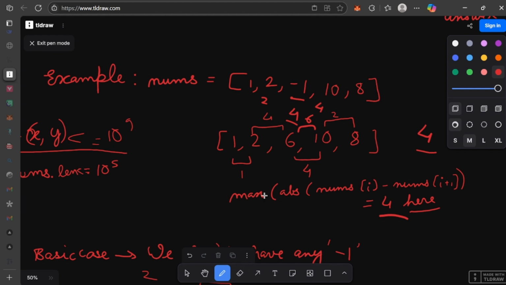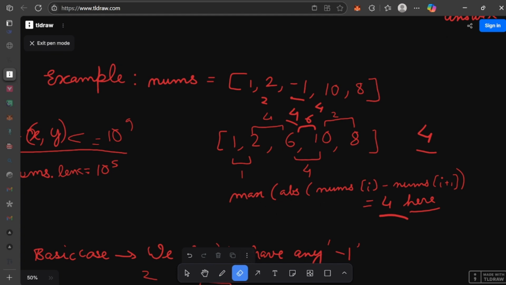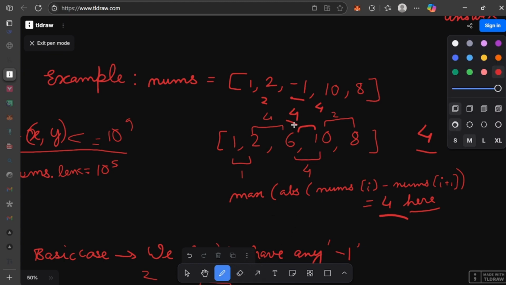So minimum of... maximum would be 6 here, and we have to minimize it. So this cannot be our answer because we're getting the maximum difference as 6 here, but in the previous one we were getting maximum difference as 4. So 4 would be our optimal